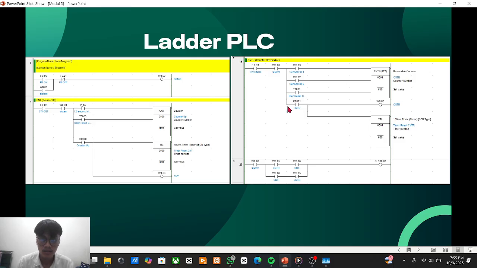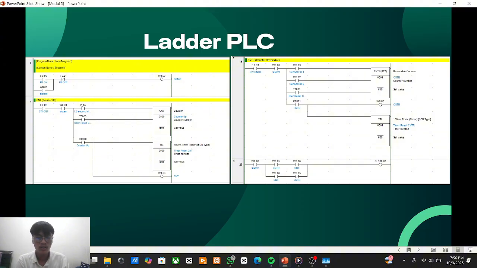And next, the CNTR reversible counter circuit. This circuit shows the use of the CNTR reversible counter instruction, which can count upward and downward depending on the input.